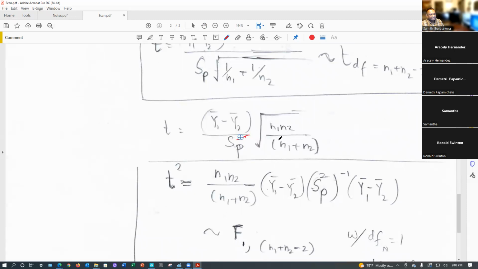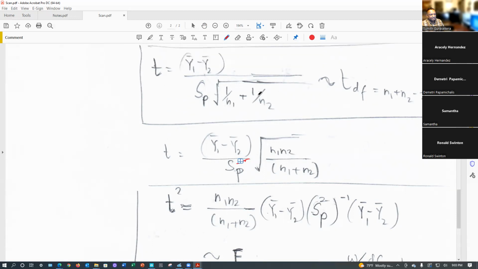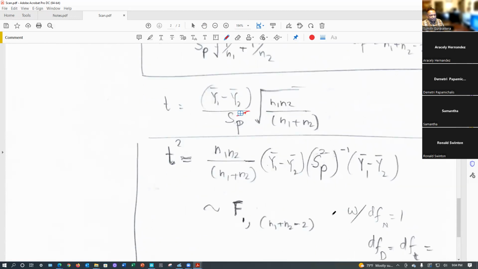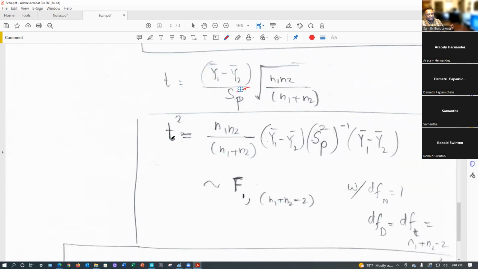Then I'm going to square. I simplify inside, take a common denominator, and then flip it. I bring this one to the numerator, and the rest I keep over here. Then I square. This part I write here, this square I split like this, and this one I keep in the middle. And if you square that, t squared becomes